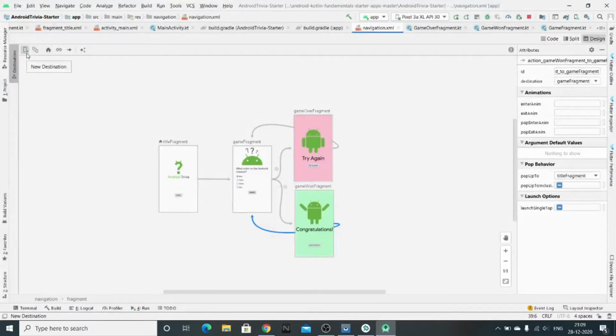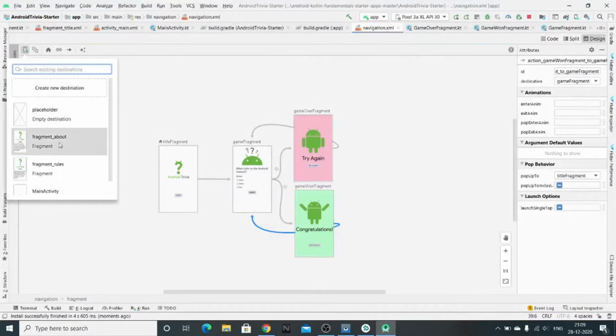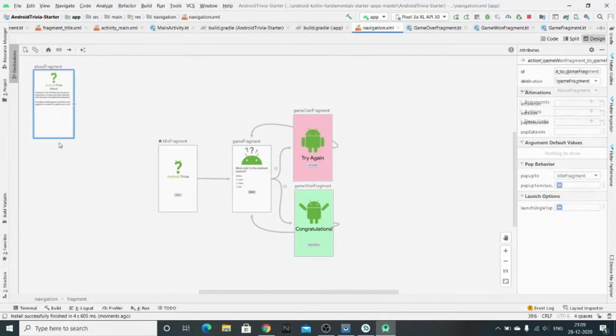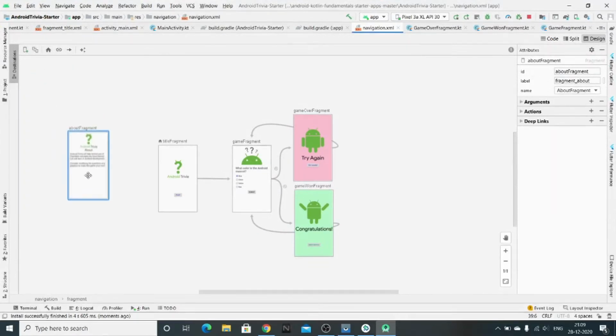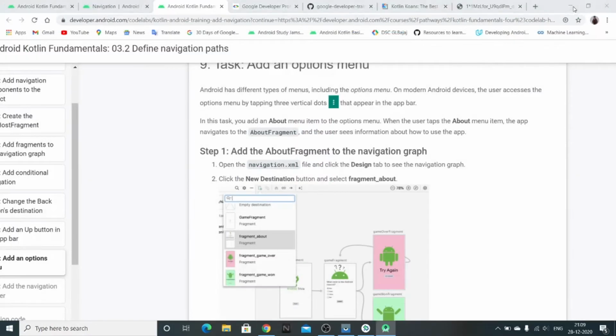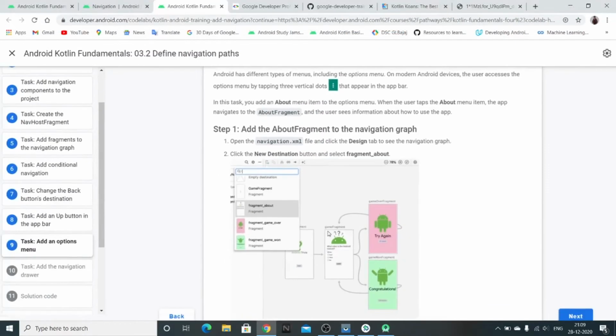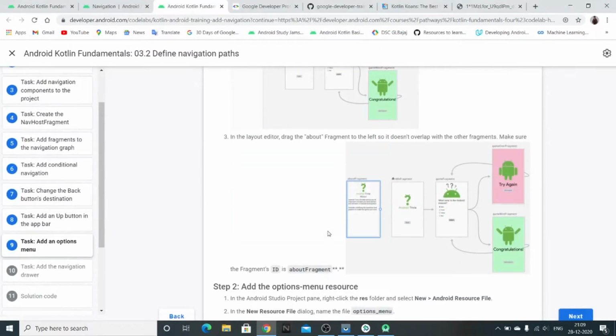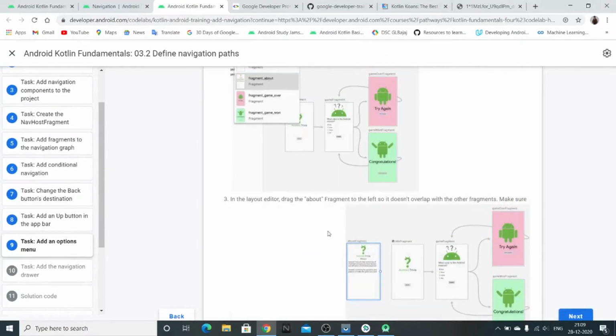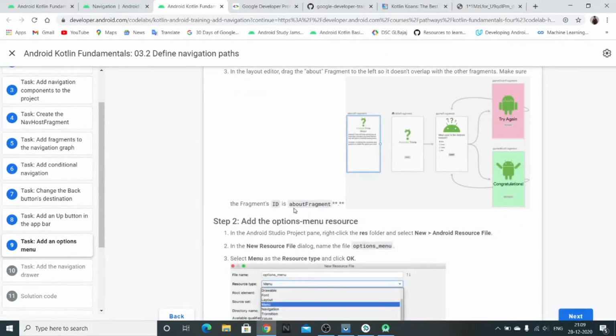Okay, so what the option menu will be having is just one option, that is about, and when you click on that about, we'll be redirected to this fragment that will be telling about our app. Okay, now let's move on with the code lab. Okay, the fragment ID is about fragment.